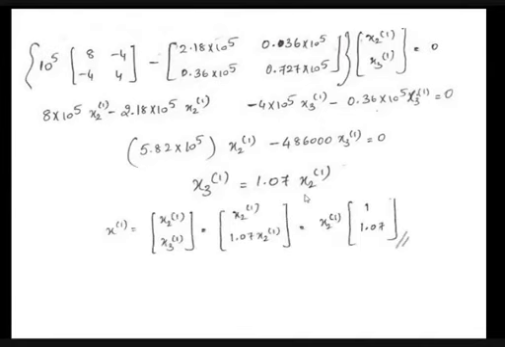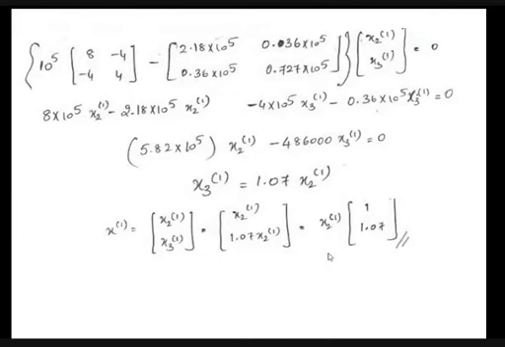Just substitute it and write. So x of 1 is equal to x2 of 1, x3 of 1. So if you see, it will be x2 of 1, 1.07 x2 of 1, because I've got x3 of 1 as 1.07 into x2 of 1, which is equal to x2 of 1. I have taken it outside. So remaining is 1.07. This is the eigenvector.